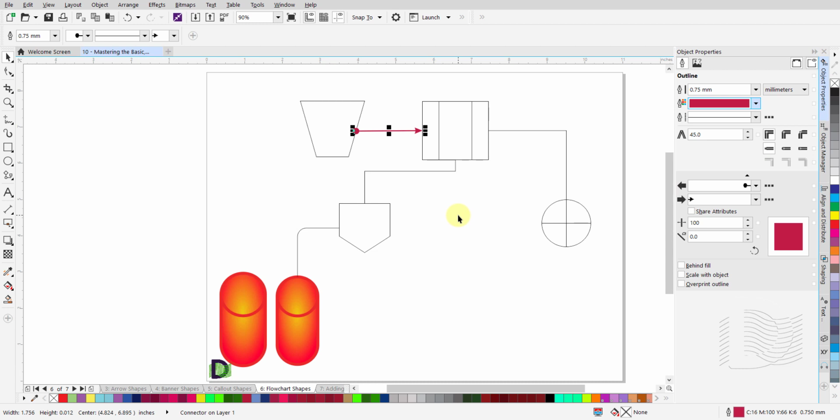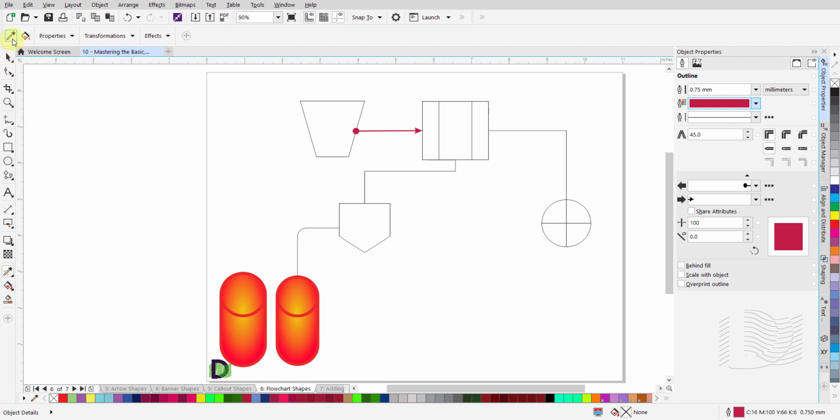If you want to change the looks of all the other connectors on the canvas, you do not need to make all of these changes to each individual connector, one at a time. Instead, in the Toolbox bar, click on this icon for Color Eyedropper tool to select it. Click on the black triangle to open the sub-menu. Click to select the Attributes Eyedropper tool. The cursor changes to show an eyedropper instead of the normal cursor.